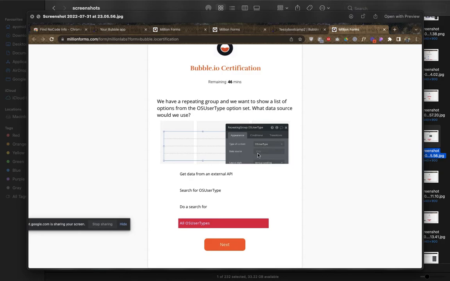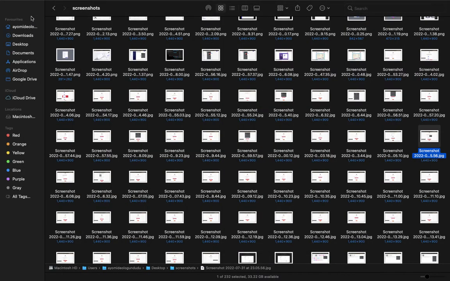What will we put there? Use all. If you all remember, we use all. That means, you said this several times, all types of that option sets. That's what we want here. So see that once you understand the basics of option sets, it will be easy for you to pass